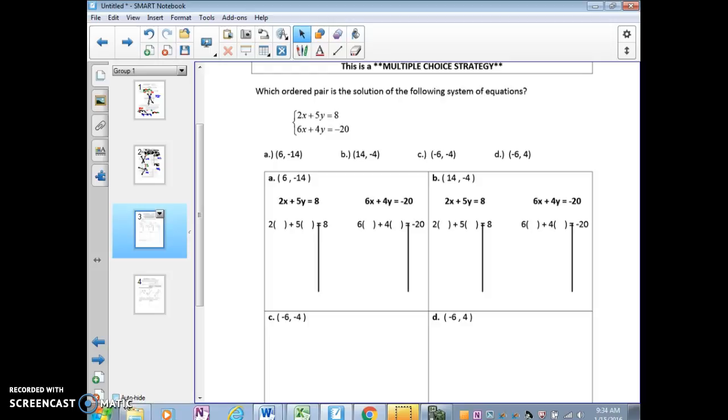Remember, a point is made up of an x and a y, right? Notice that both of your equations have x and y. So one thing you can do is use substitution and put each point into the equations, and you're going to